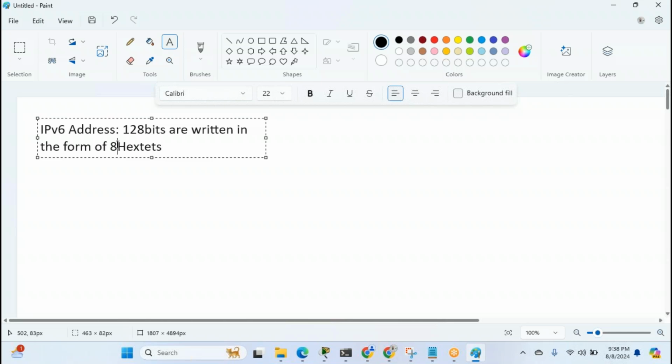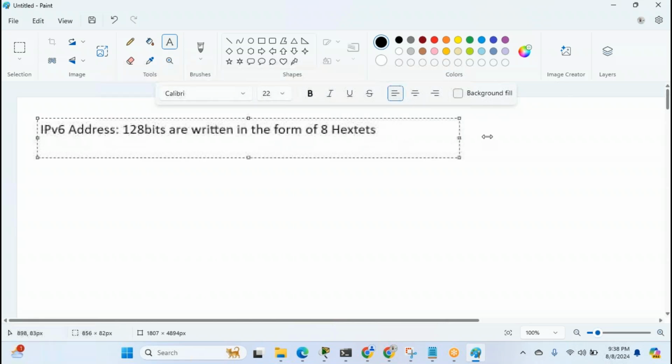One hextet is one portion of 16 bits. So a 16-bit portion is called a hextet. And these hextets are separated by